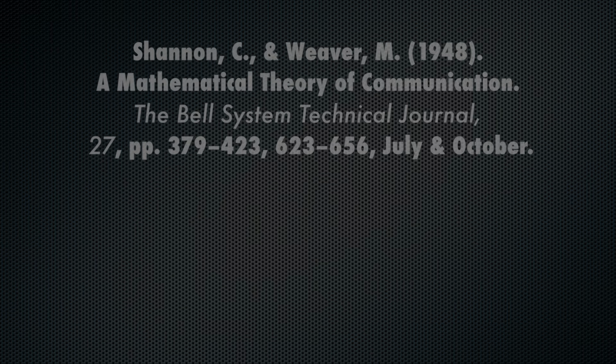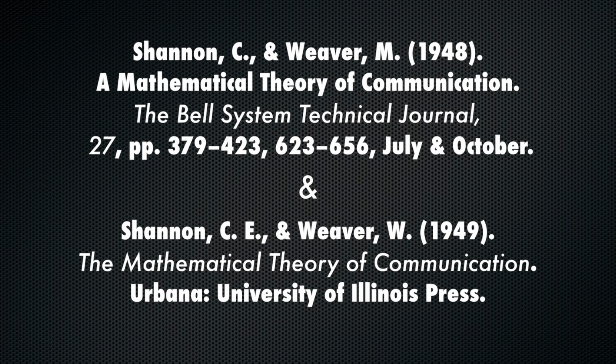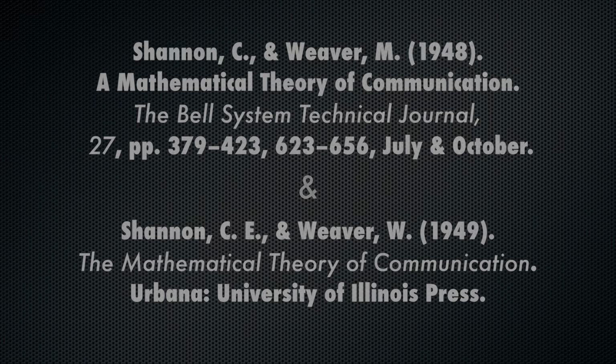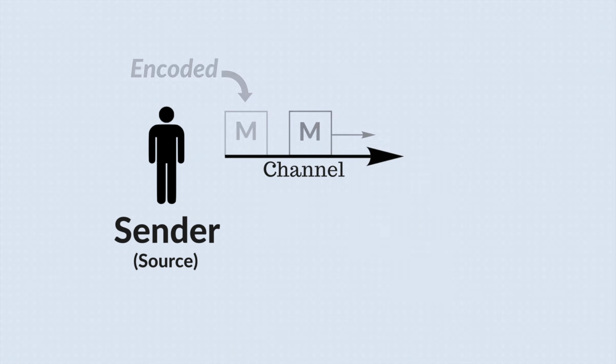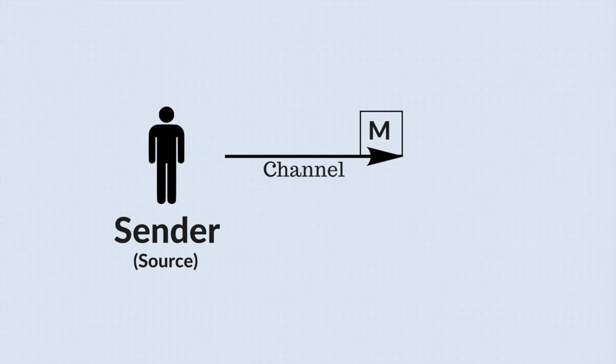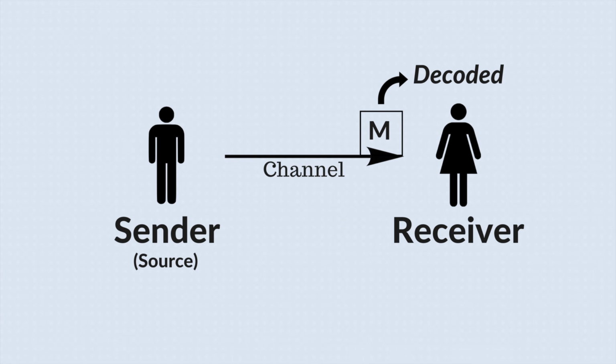In 1948, Shannon and Weaver published an article explaining this model. They were working at Bell Telephone Laboratories at the time, so their approach really shows that technological angle on their thoughts. In other words, they envisioned a sender or source of information who encodes a message, let's say into language, for example, then transmits that message through a channel of some sort. The message is then decoded on the other end and received by a receiver. So it's very reminiscent of the phone system.